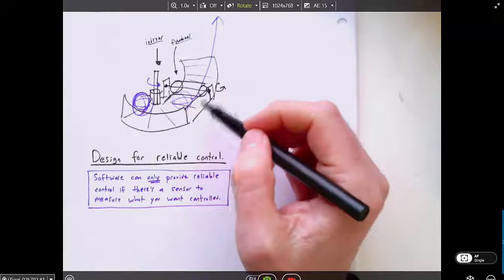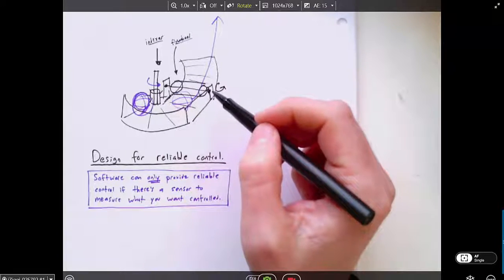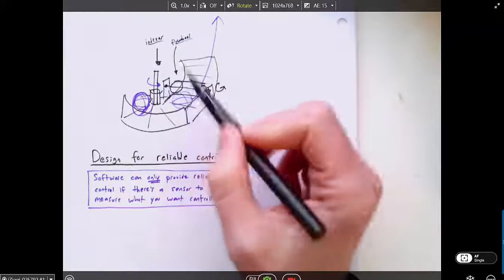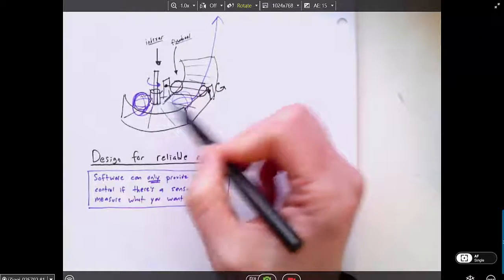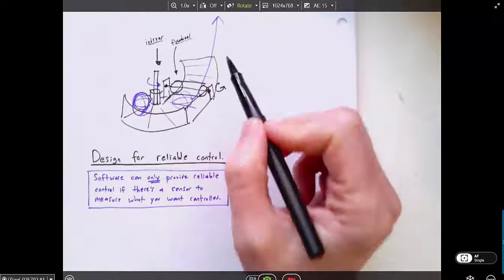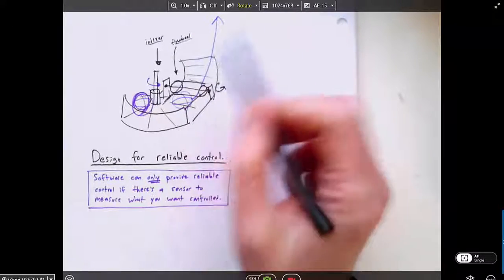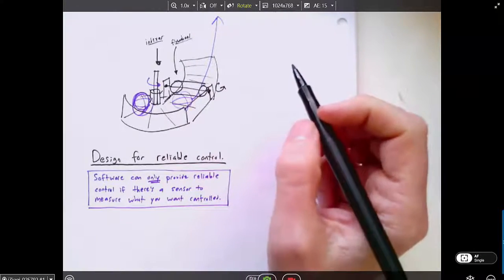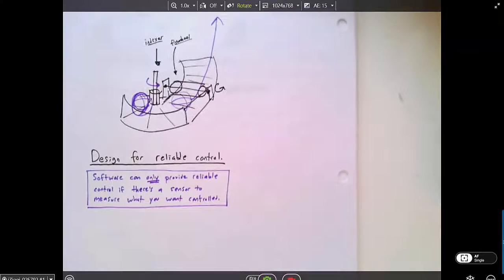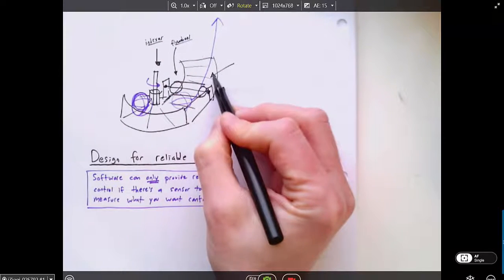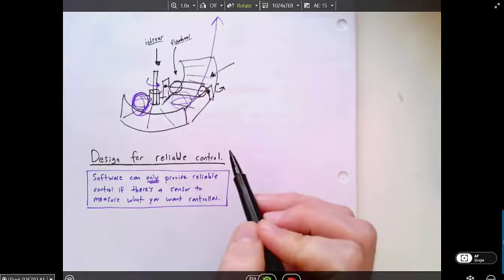Now we know that we've got the flywheel shooter speed correct, and so we'll just hold down the trigger and continuously feed balls from the indexer into the flywheel. It's rotating at the right speed, and so we should be getting balls in like gangbusters. We should be able to score all the balls reliably. Okay, so there's a bunch of assumptions in that way of thinking that are wrong about how you can reliably control things. The first assumption is that you can tell the flywheel to go at a particular speed by